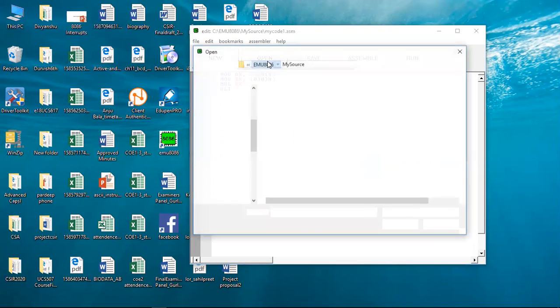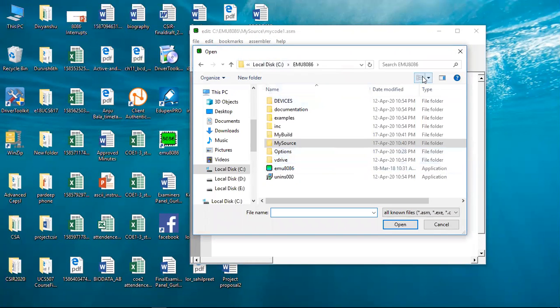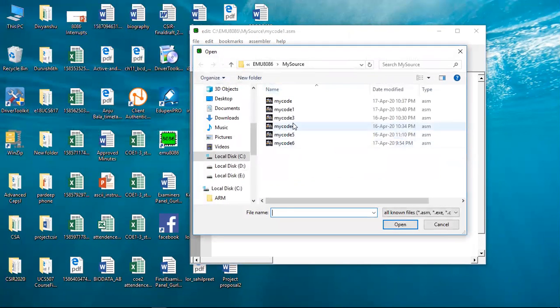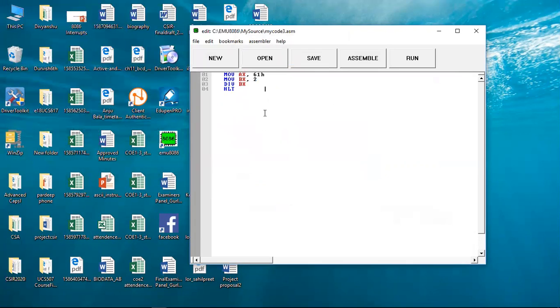Now we are taking another instruction, that is the division instruction. In division instruction, what it will do, like suppose I am taking AX, 61H.